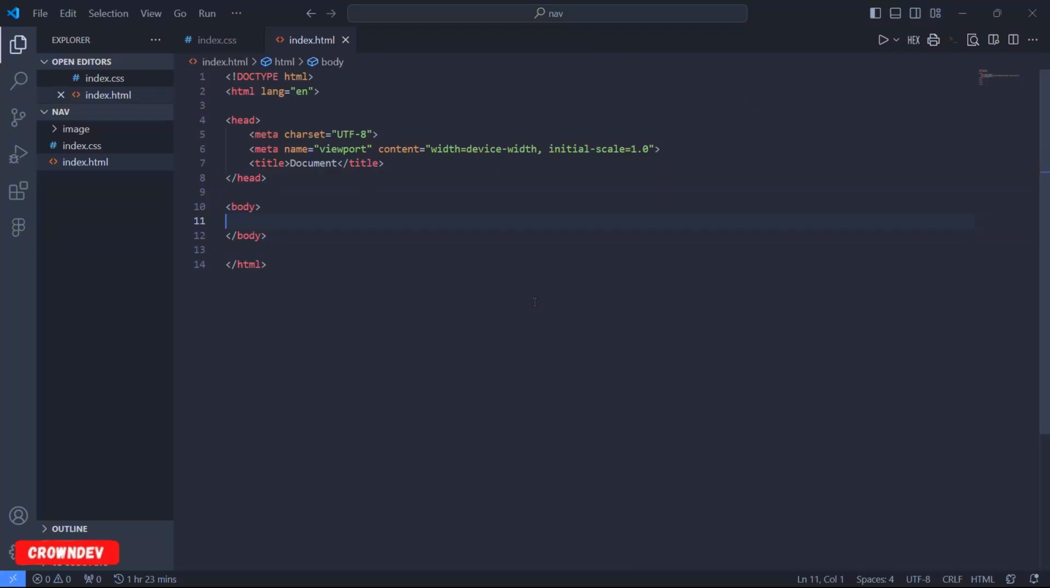So I have created my folder called nav. Then I have set up my HTML file and my CSS file. So we can begin our work. So first,